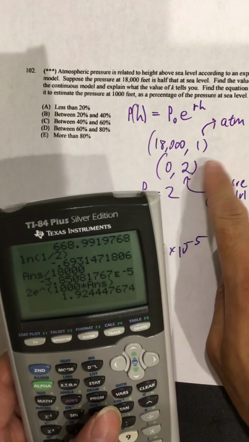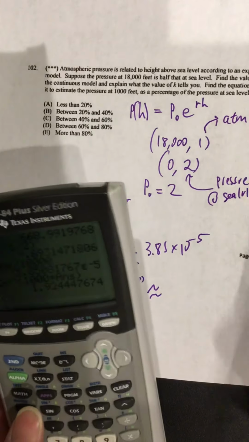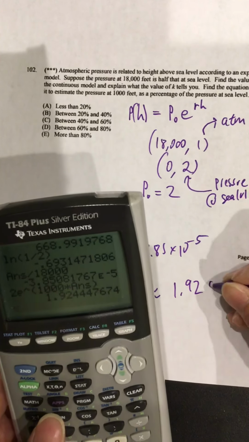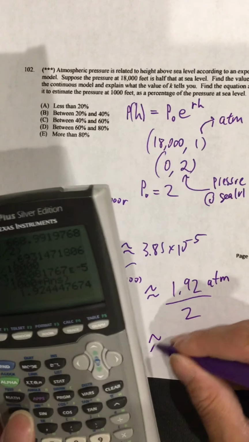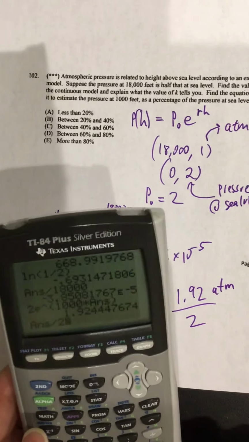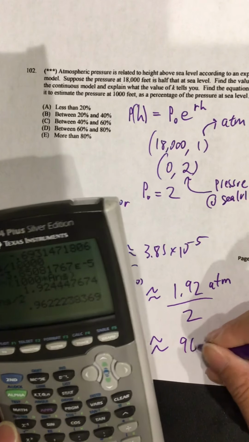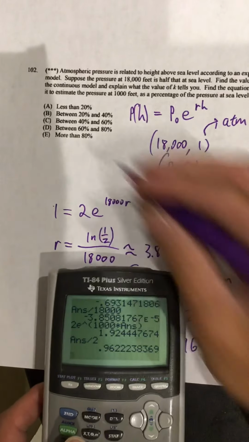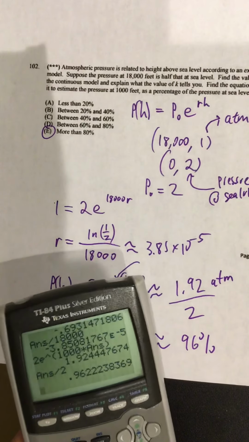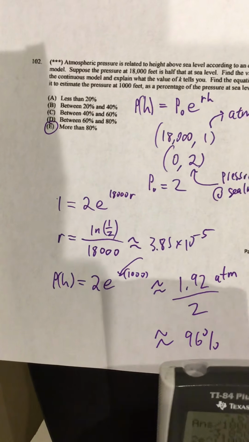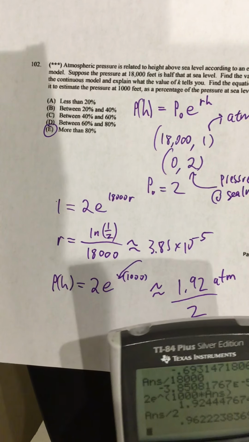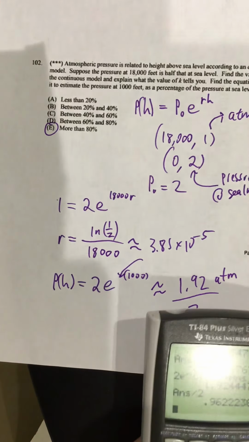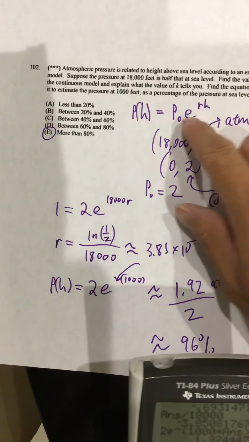So if we compare 1.92 atmospheres against the pressure at sea level, that's just dividing by 2. And then this will eventually equal, so I'm just going to half that, and it's about 96%, which would be our option right here. Interestingly, this is similar to what we were doing in the half-life question. We were doing the current over the initial, and I think there's a lot of value to doing it like that. But again, this is a tough question because